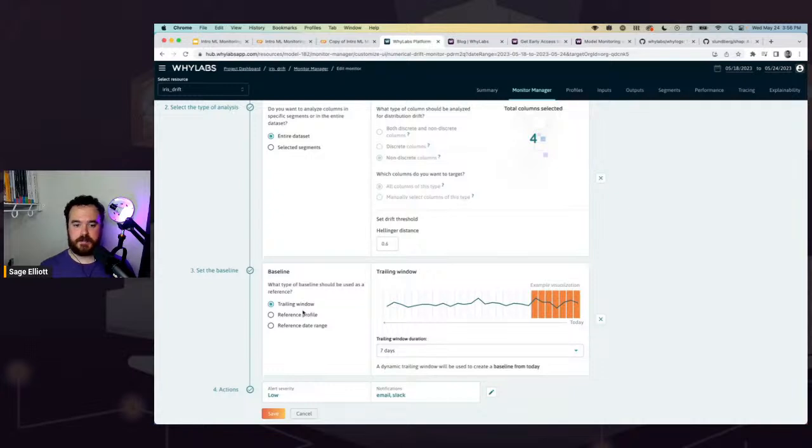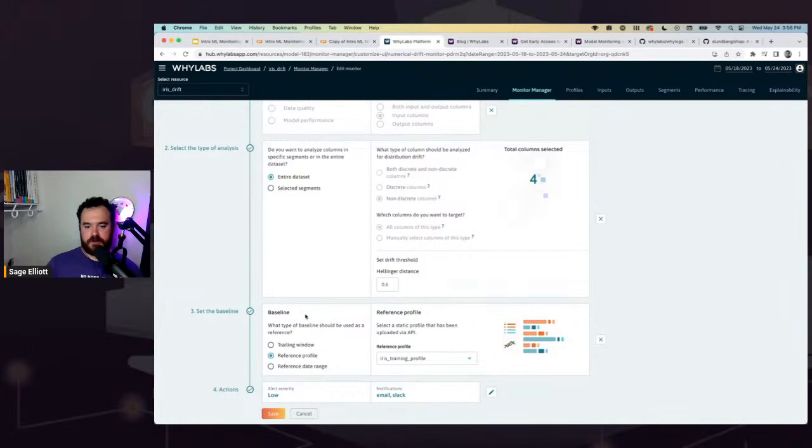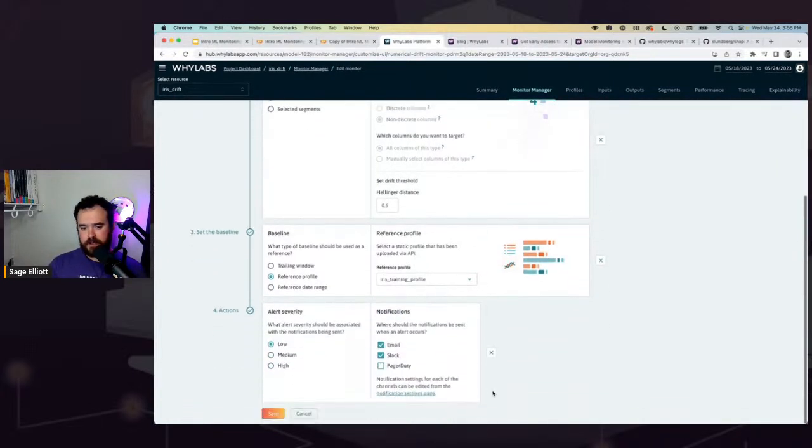In this case, we're going to set up a reference profile, though. So we're going to be comparing all that new data, look at our training data, and if it looks different than that distribution, trigger an alert. And you can also set up how these alerts work. So you can set a severity level, like, oh, this is high or it's not a big deal. I'll go ahead and set this to medium. It doesn't really do anything for us here in this workshop, but it's a good way of segmenting out alerts. So if it's going to be a high priority or a lower priority one.